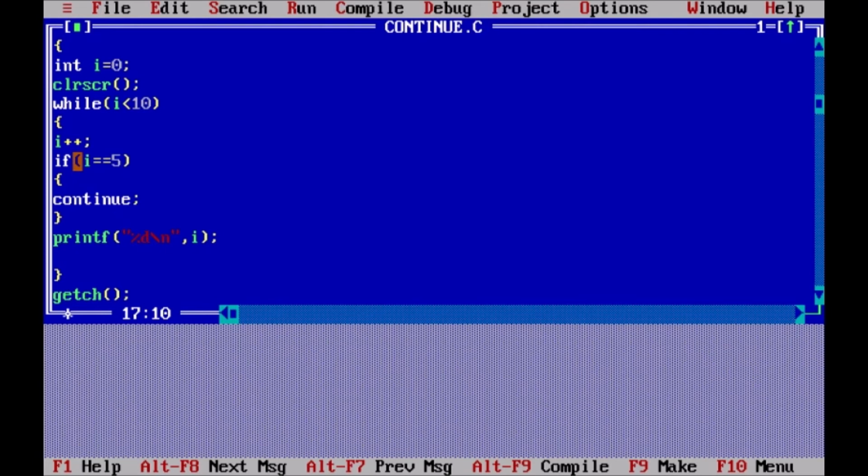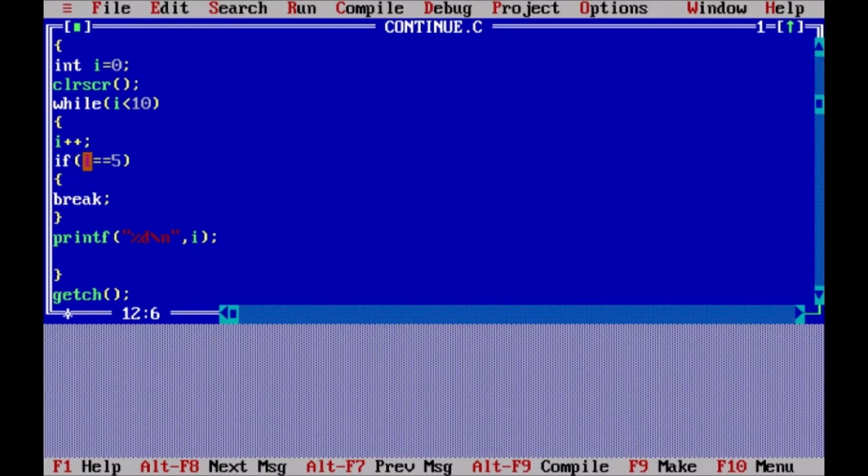Now let me demonstrate the use of break statement here. If I replace the continue with break here, that means when break statement is encountered, the entire loop will stop working. Let us see the output that we will get on the screen. As you can see, 1, 2, 3 and 4 have been printed on the screen, but when it comes to the value 5, it will break.